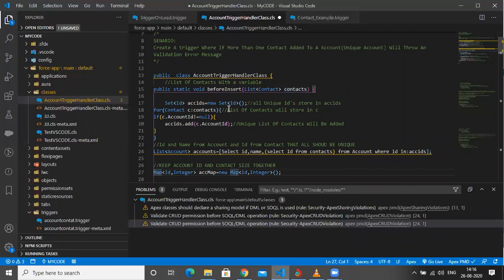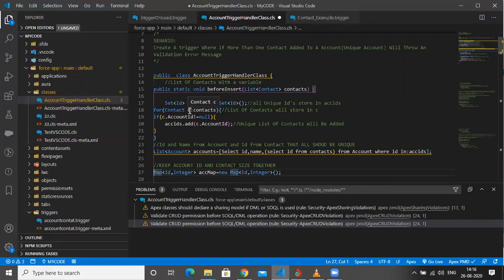Now I taken one set of IDs, name is account IDs. Now if I need to find the list of contact, I need to iterate them. So for that I use this for each loop, and from this contact list, I store them in this variable.